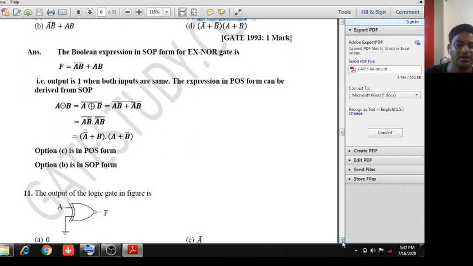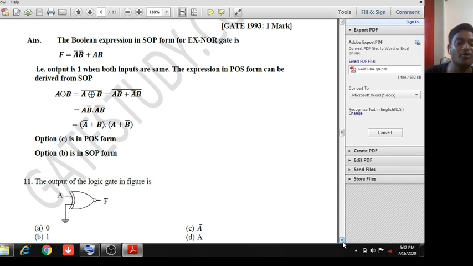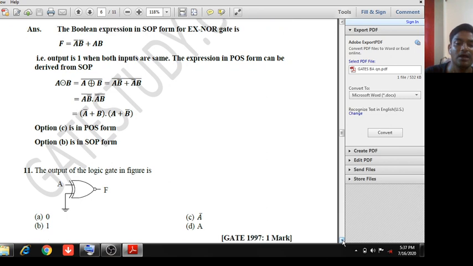Next. Okay, this is again important question. How XOR gate works as an inverter? When we apply one input as A and another input as plus 5 volt, 1, it works as inverter. And in case of XOR gate, if one input is A, another input is 0, it works as inverter. Okay, this is A, this is 0, ground means 0. A XOR 0 is always equal to A bar. So this is your correct answer, A bar.